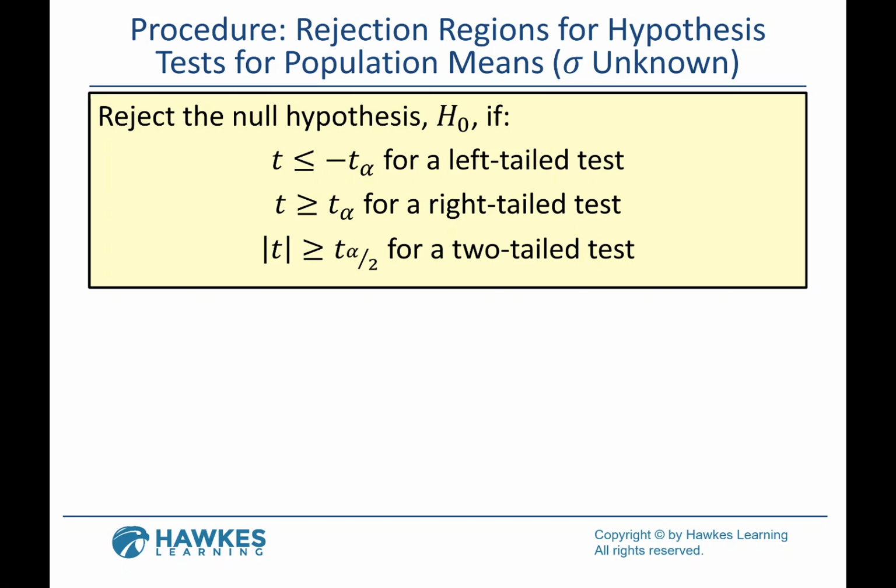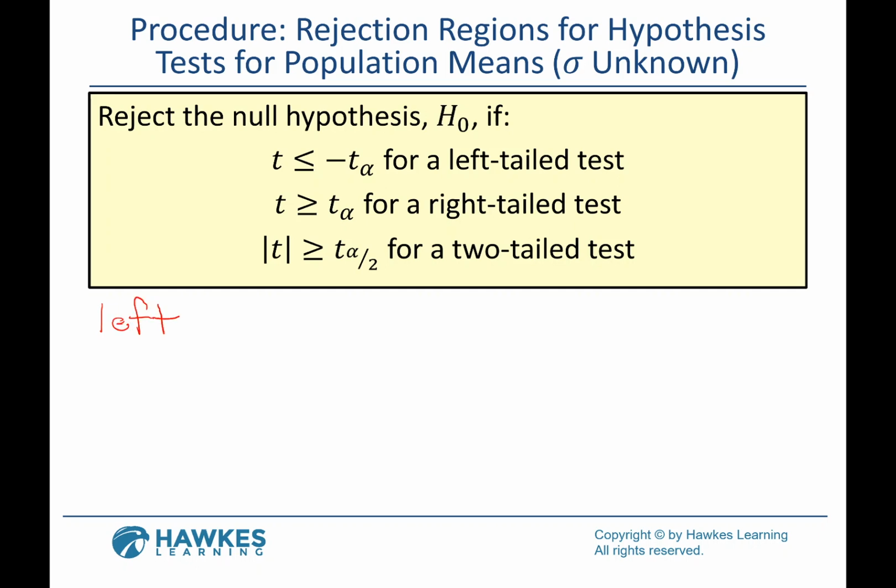So what the first one's telling us here is that if our test statistic is to the left of our critical t on a left-tailed test, we reject the null hypothesis. If our test statistic is to the right, greater than our critical value for a right-tailed test, we reject the null hypothesis. Or if it's to the left of the negative or to the right of the positive for a two-tailed test. And so let's think about the picture of what's going on. And then if you get the idea of what we're actually doing, you won't even have to remember the rules. So if we have a left-tailed test,